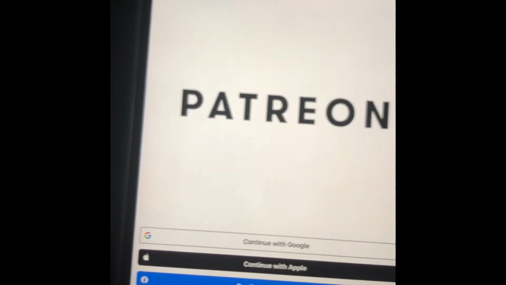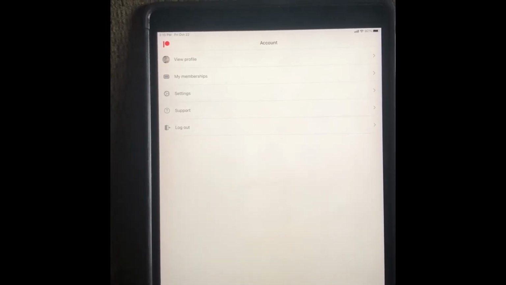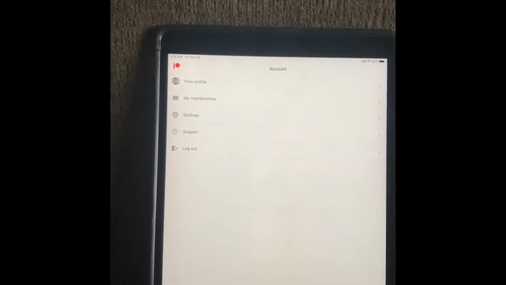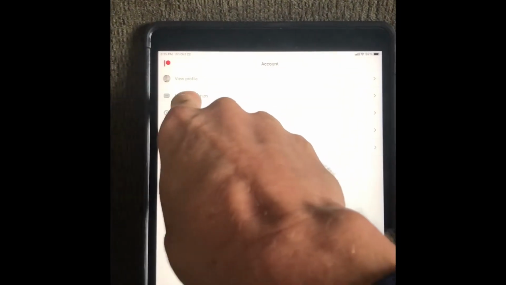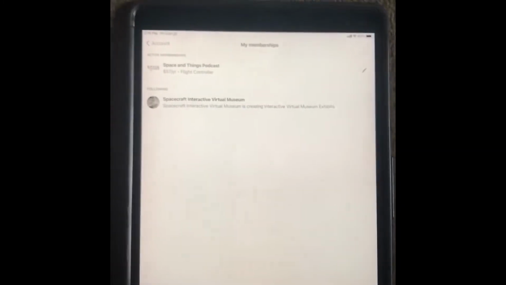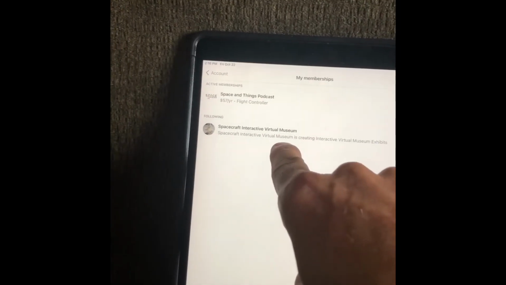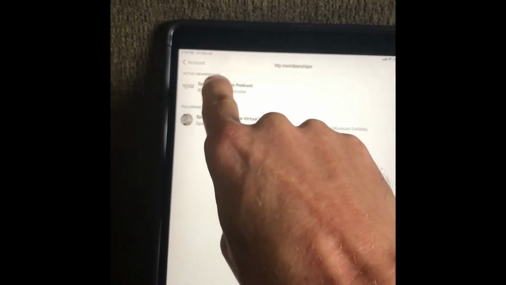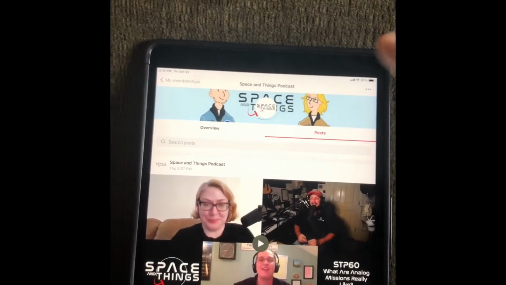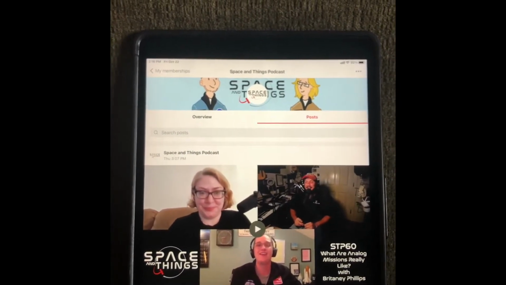So we are going to log on with email. We're going to click right down here. Once you're logged on, then we are going to go to your account, which is this button right down here. You see that one is black. And then we're going to select My Memberships. My Memberships will pull up your active memberships, and you can see Spacecraft Interactive Museum, Virtual Museum. And then up here, this is one of my favorite podcasts, Space and Things. So you can just click on it, and that brings up the membership that you have for, in this case,